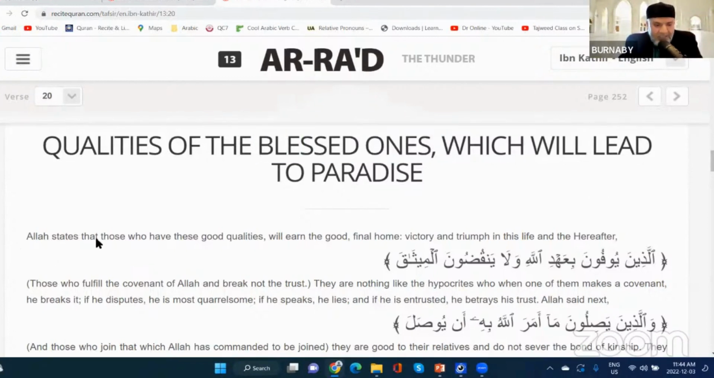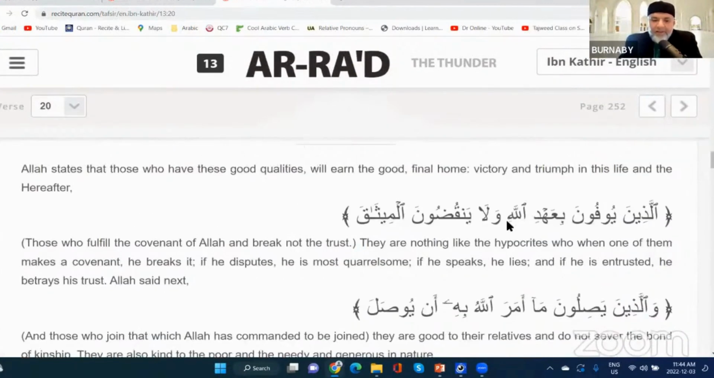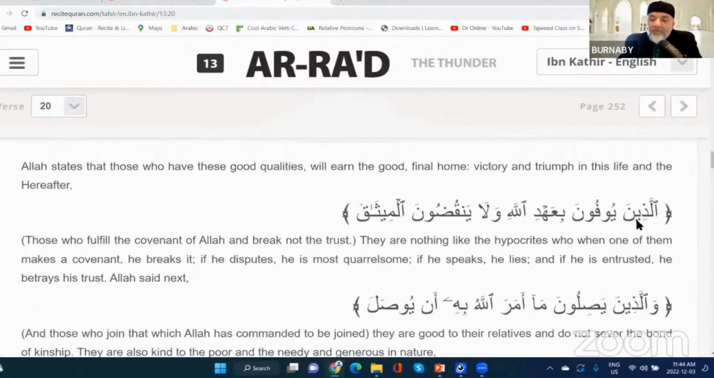So Allah states that those who have these good qualities will earn the good final home, victory, and triumph in this life and the hereafter. Is that a good recipe for success? Yes. So what do we have to do? That we follow the covenant we have made with Allah, we fulfill it, and we do not break the contract. That's number one. Those who fulfill the covenant with Allah and break not the trust,